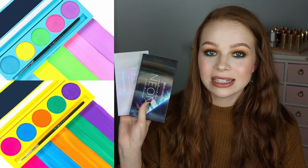I also already have in front of me here the neon and pastel palettes from Nomad Cosmetics that they sent over in PR, and I haven't even used those ones yet. So I have no room for any more cake liner in my life. So I think it's cool they're doing it, but I wish that they would have done it